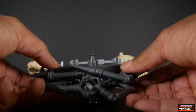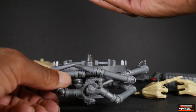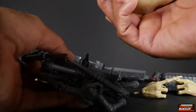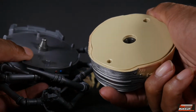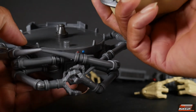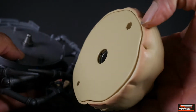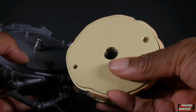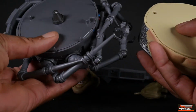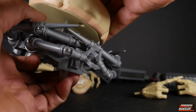And we'll start off with the base here. We've got the lower torso. It's got a peg hole, and there's the large peg right there. And there are two other peg holes there. One is large and one is small, and you have a large and a small peg there, so that's good guidance. So line that up